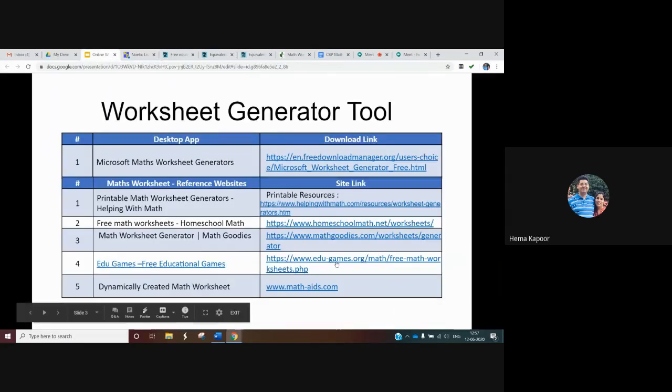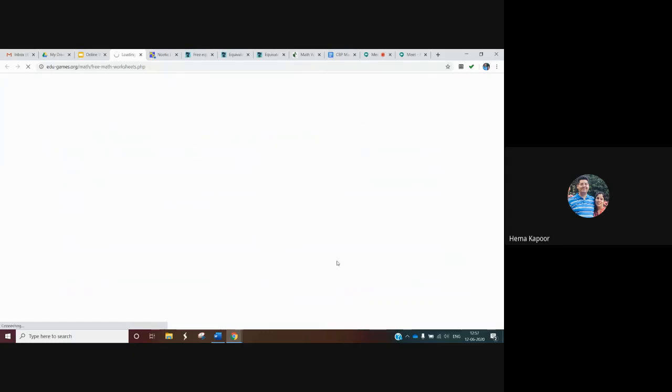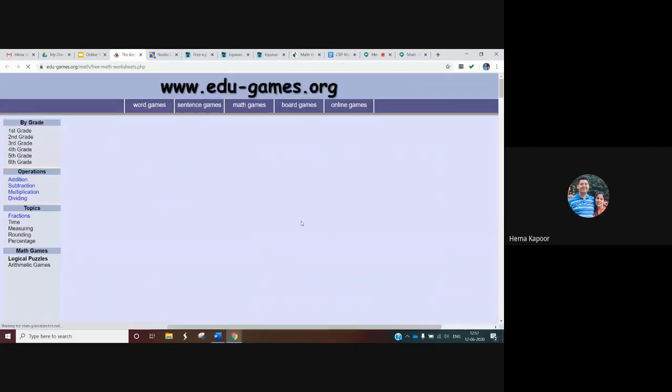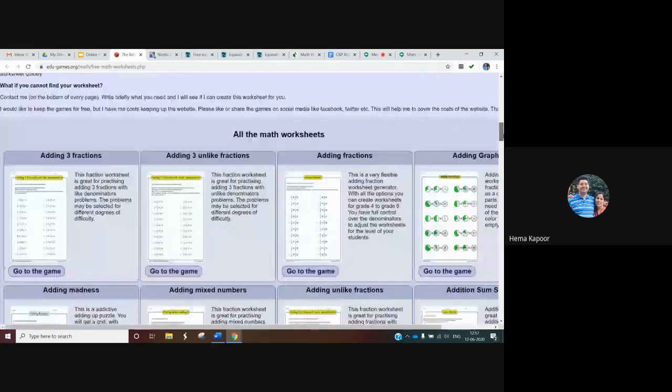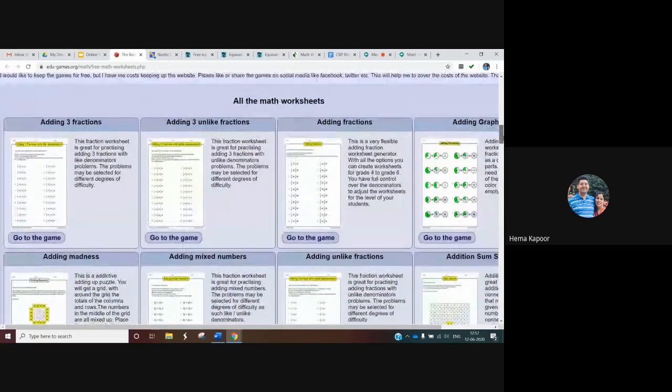The next one is edugames.org. Here you can find lots and lots of games. So we click on maths game and you can see so many games here.